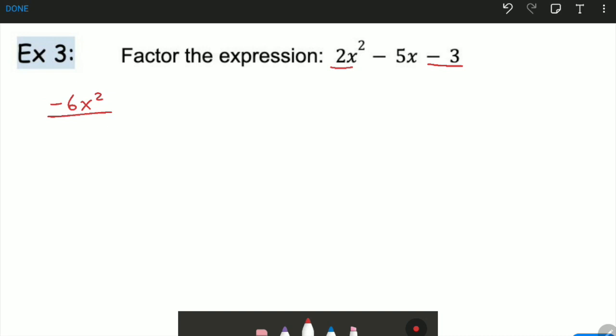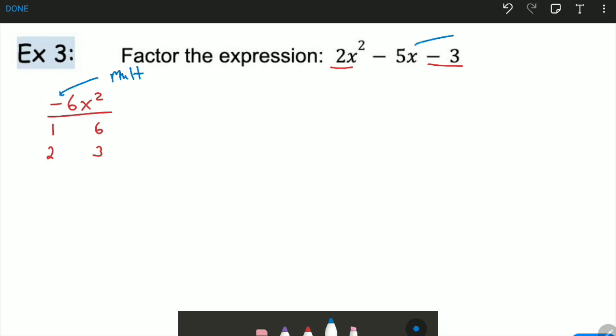Then we're going to list the ways we can factor 6. And you don't have to list the ways. Sometimes you can figure it out without listing them. But if you have trouble, listing the ways is a great way to go. So 1 and 6 and 2 and 3 are the different combinations we can use. Now I know they multiply to be this number,